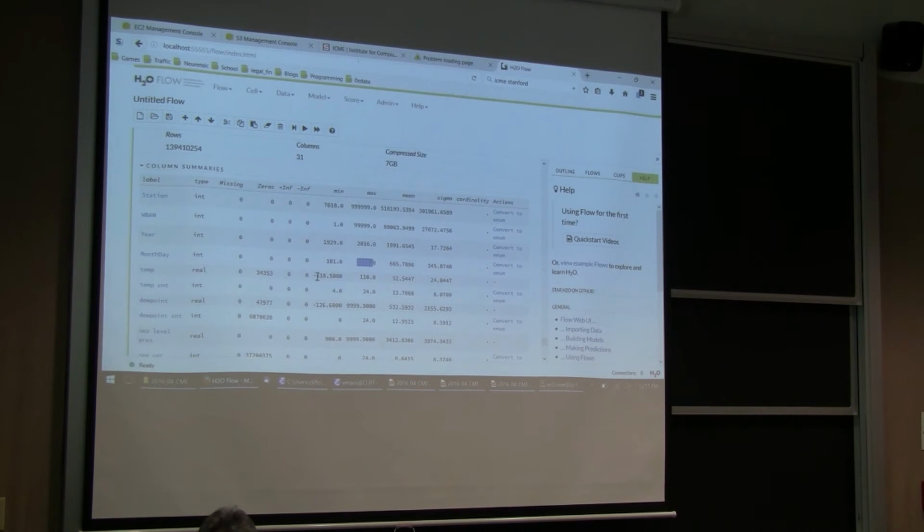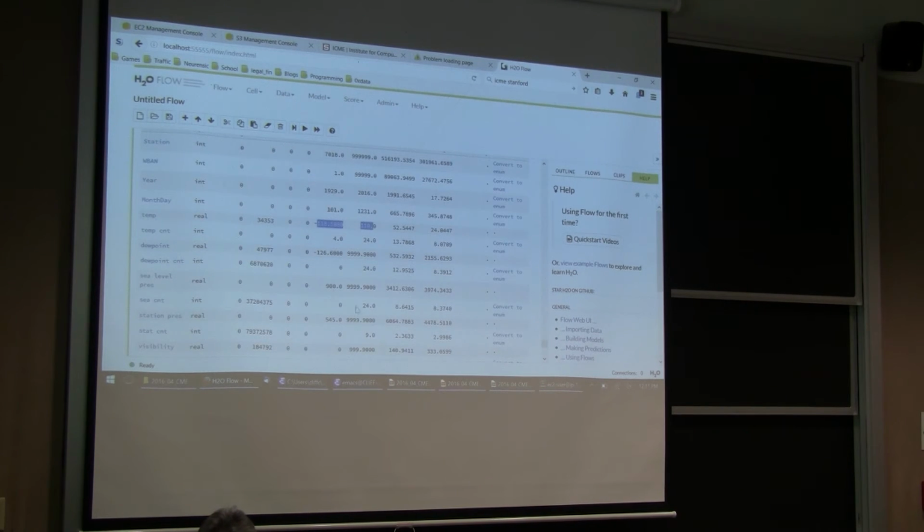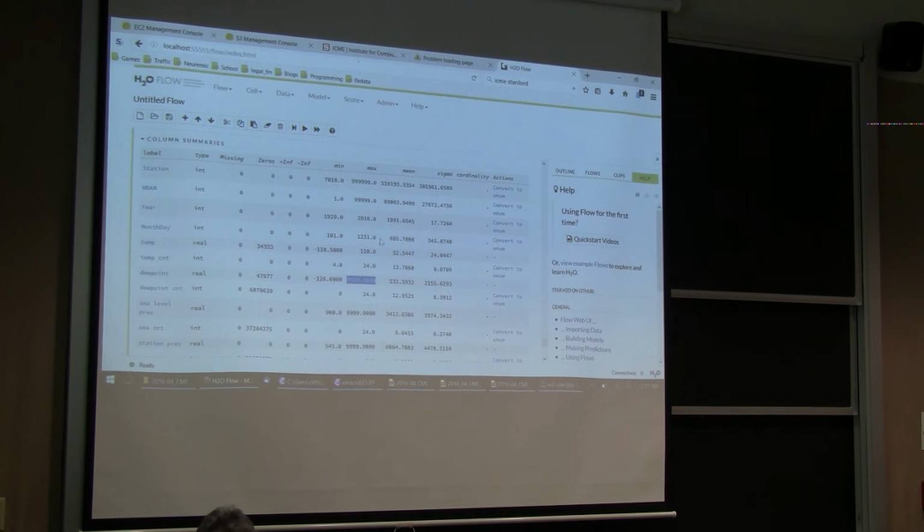So here's temperature. Yeah, that looks kind of sane. I don't know where minus 118 degrees is. That sounds kind of scary. But max dew point is 99999, and I know that's wrong. In fact, the description says you have to go do something about it. Look at the mean here, the mean for the dew point. It's 532, but it's averaging in a bunch of 9999s. So that makes no sense. You can't look at the roll-ups this way. You have to go